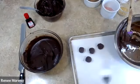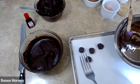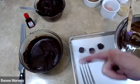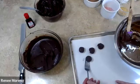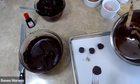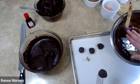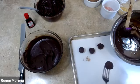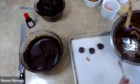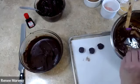All right, so if you don't have any dipping utensils, you can use a fork. I like this one because it's a little bit thinner, a little pointier, and you can just run your truffle underneath. Take your chocolate. This is tempered chocolate, meaning that it's been heated to melting, cooled with more chocolate, and then reheated just slightly in order to get the right texture. And we're just going to drop it in, and then from there, I'm going to flip it over,